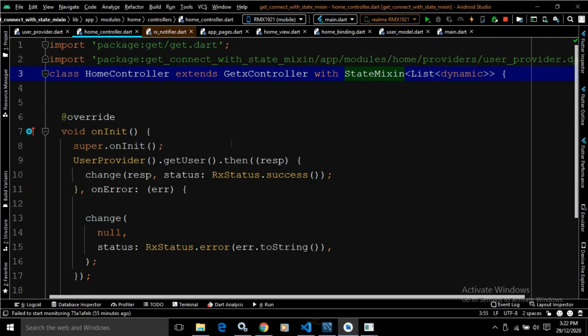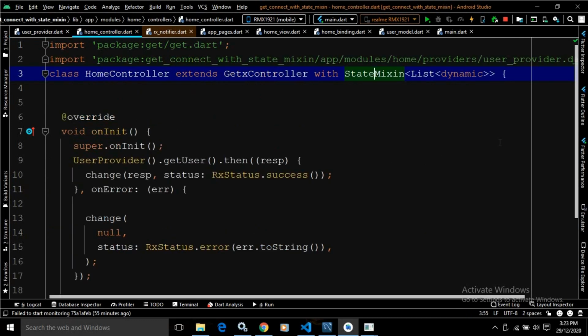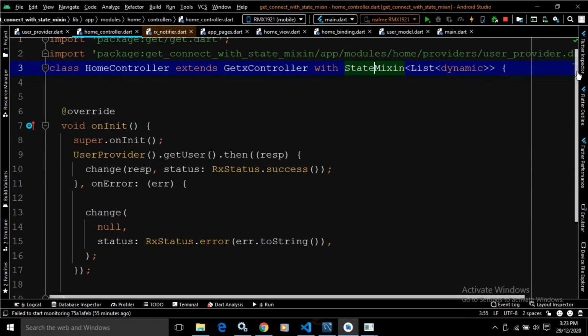Okay, and you can see this is the entire code. Mainly you need to focus on user provider. Let me show you. This is the code for the user provider. This you need to check, and you need to check the code for home controller. This is the code for the home controller.